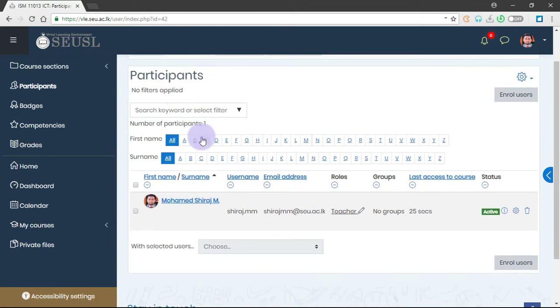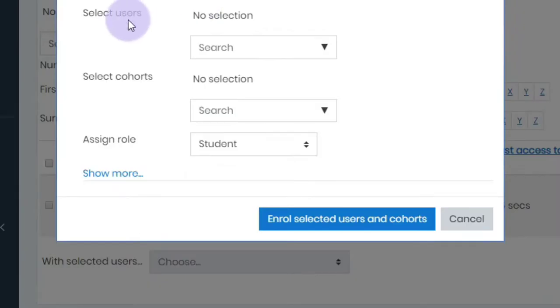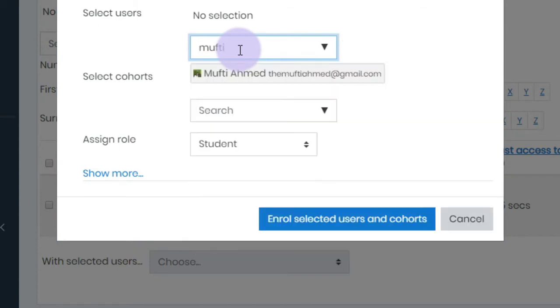Here you can see the participants, and you can see the list of participants. For the time being, only the resource person or the lecturer in charge is added to the course, and we want to enroll our students. And here we have the button enroll users. I'm going to click on this enroll users to enroll students. So once you click this, we will get this dialog box, enroll users. Here we have select users. You can select the user's name or their email ID, and you can enroll the students. Here we have search. I can type the student's name, then I can search the student's ID, then I can enroll this particular student like this. So this is the manual enrollment method.